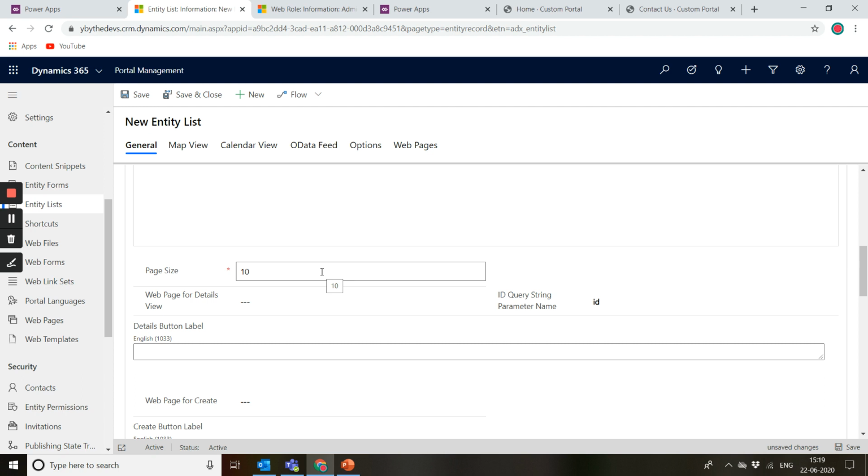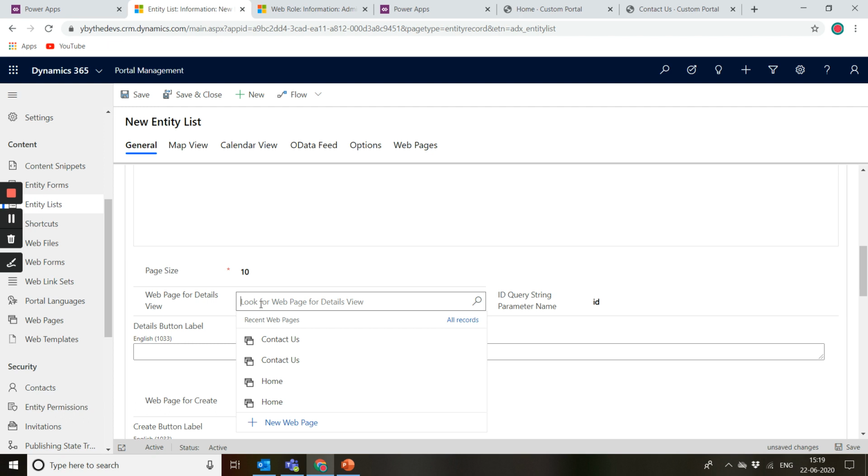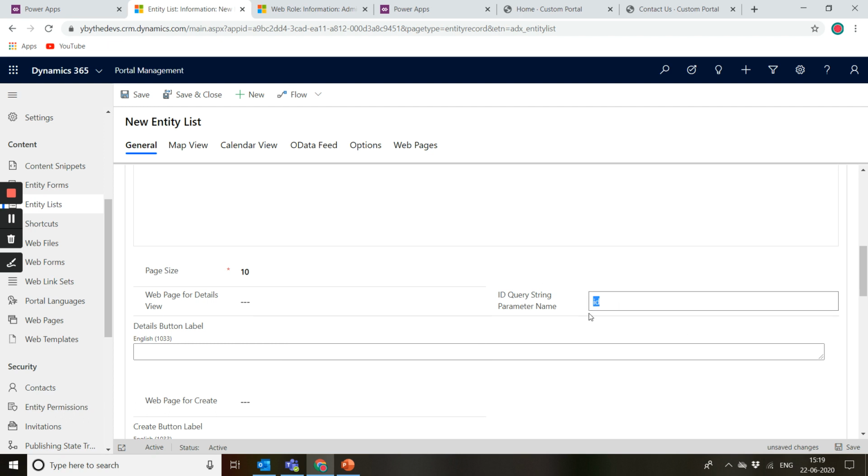Then this web page for details view is a very important setting that you need to configure if you're showing the list and then you want to see the details of those or edit any of these. So for web page for details view, you can select the web page, and if I'm selecting anything from this grid, it is going to append this id parameter.